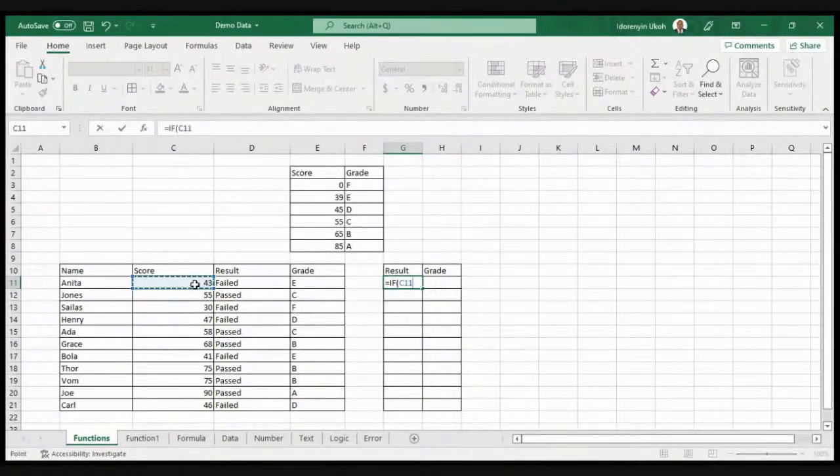If the score is greater than 50, what's the value? If it is true, it should be pass, in quotation marks.